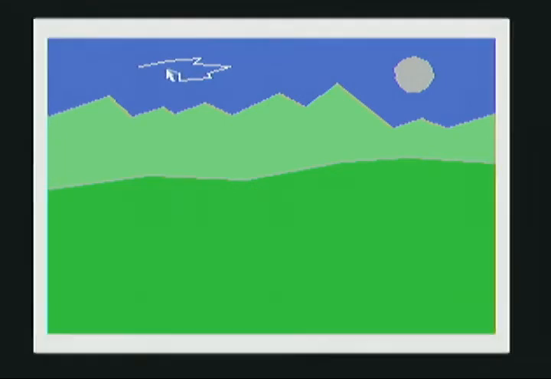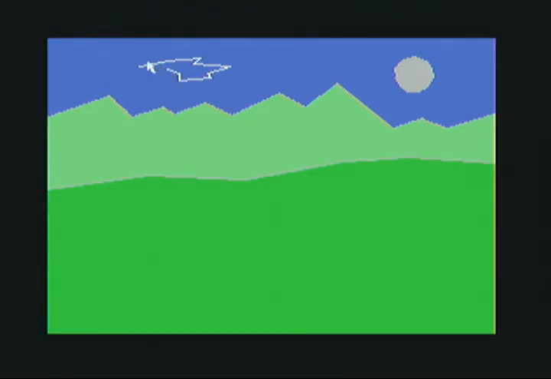Get a cloud. Well, it's a pretty ugly cloud, but